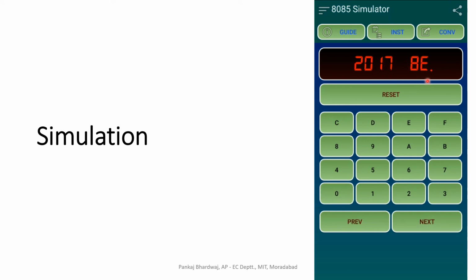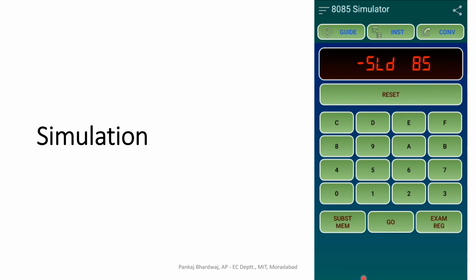Similarly at 2017 we have 8E, E2, then 20, then 7A, then 32, then 92, and this is 20 and C2, 27 and 76. So we have terminated the program, right?